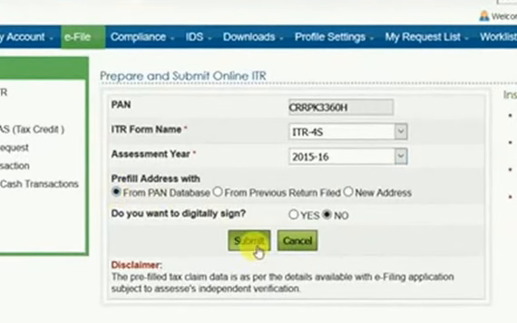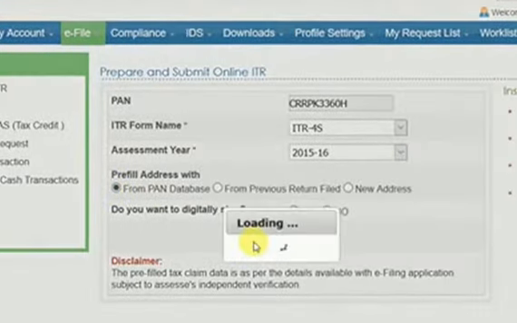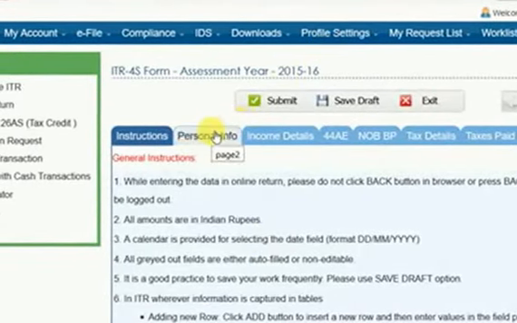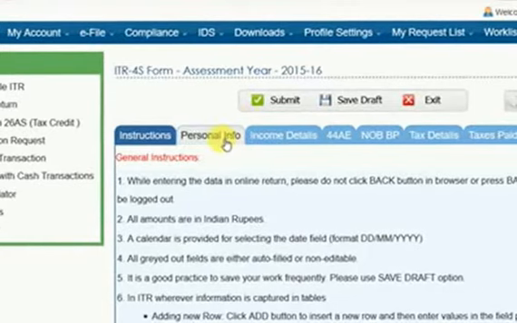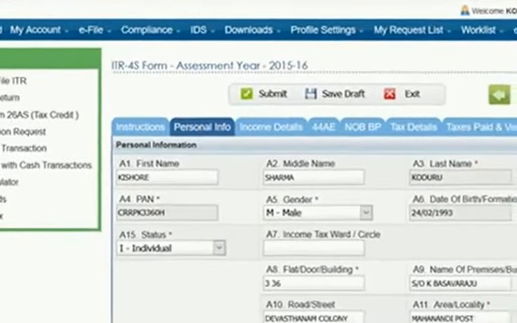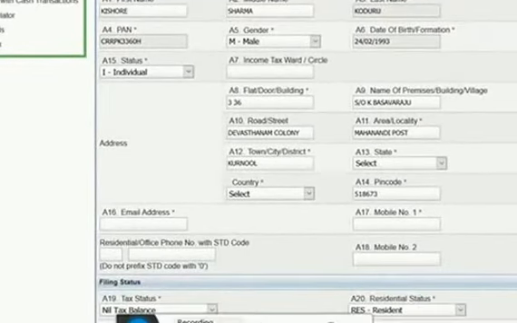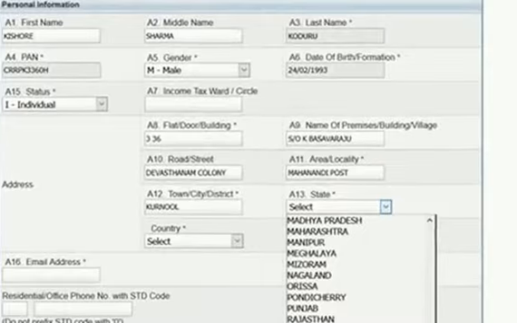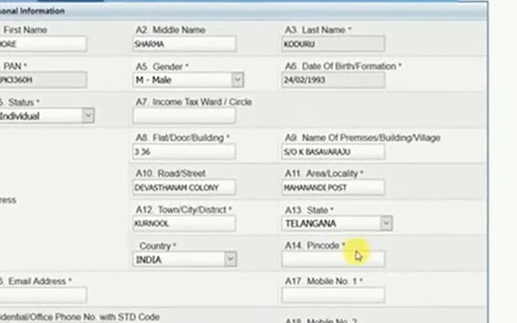Now, from the PAN database, whatever address you gave in the PAN card form will be displayed in the personal information. You need not fill this up; it will already be there. First select the state, Telangana, then the pin code.